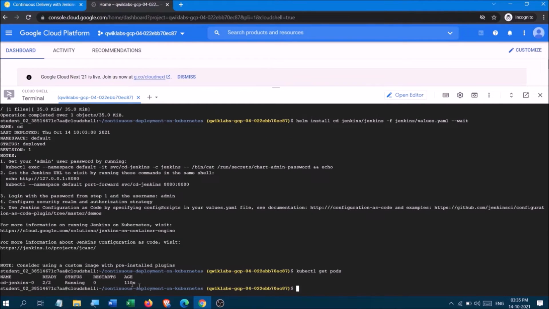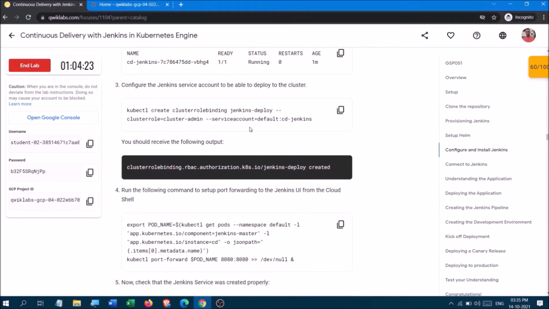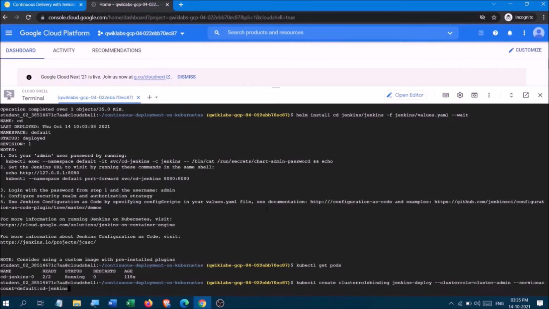Checking it out, yes, it is in the running state. Okay, and both are in the ready state. Now configuring the service.